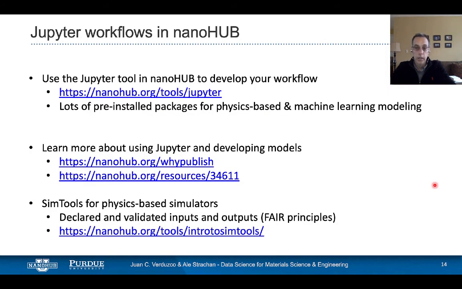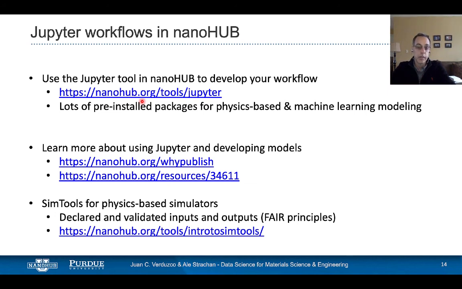So before we finish, I wanted to give you some resources if you're interested in getting started with creating Jupyter workflows. You can use nanoHUB to do that. If you go to nanohub.org/tools/Jupyter, you can launch a Jupyter notebook right there and start coding.